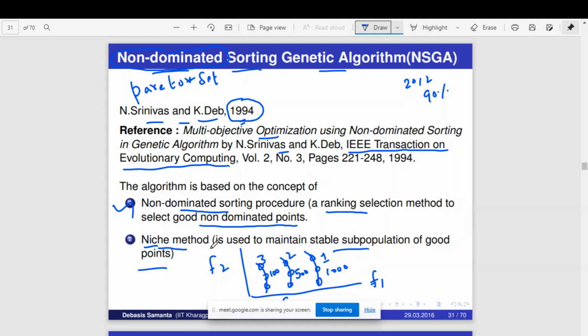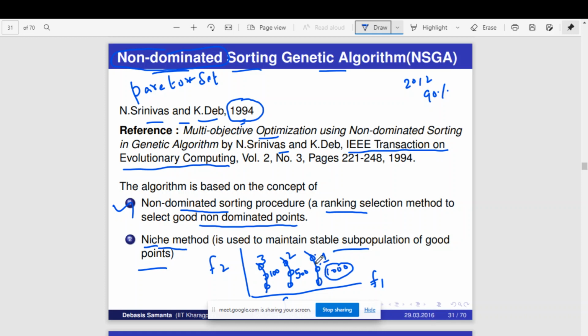Next, what we are going to do is use the niche method, and we are going to again assign a fitness score among these three. Here, you say all these are 1000, but for mutation I want to select somebody from here, and I want someone who is the best of these three. Okay, how could I identify that? That is actually done by this niche method. This niche method provides a procedure to rank these individuals.